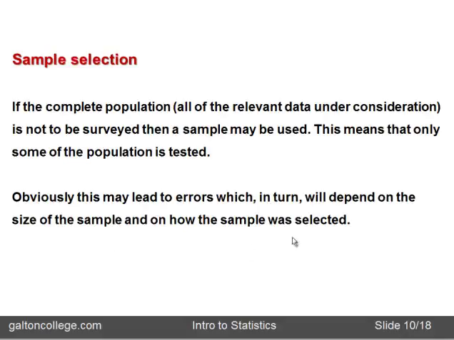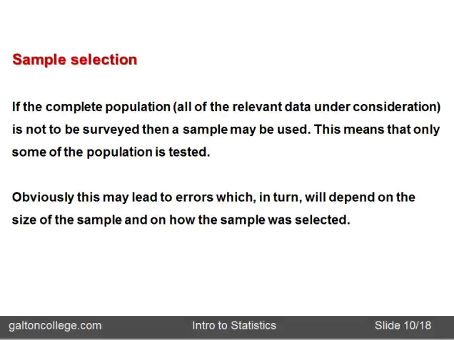And how it was selected, well, we can't just select it on the basis of convenience, because that is biased. If you're conducting a survey into ice cream, and you just asked your friends what they think of ice cream, that's biased. Your friends may not be representative of the whole population. So their attitude towards ice cream may be different to that of the population.